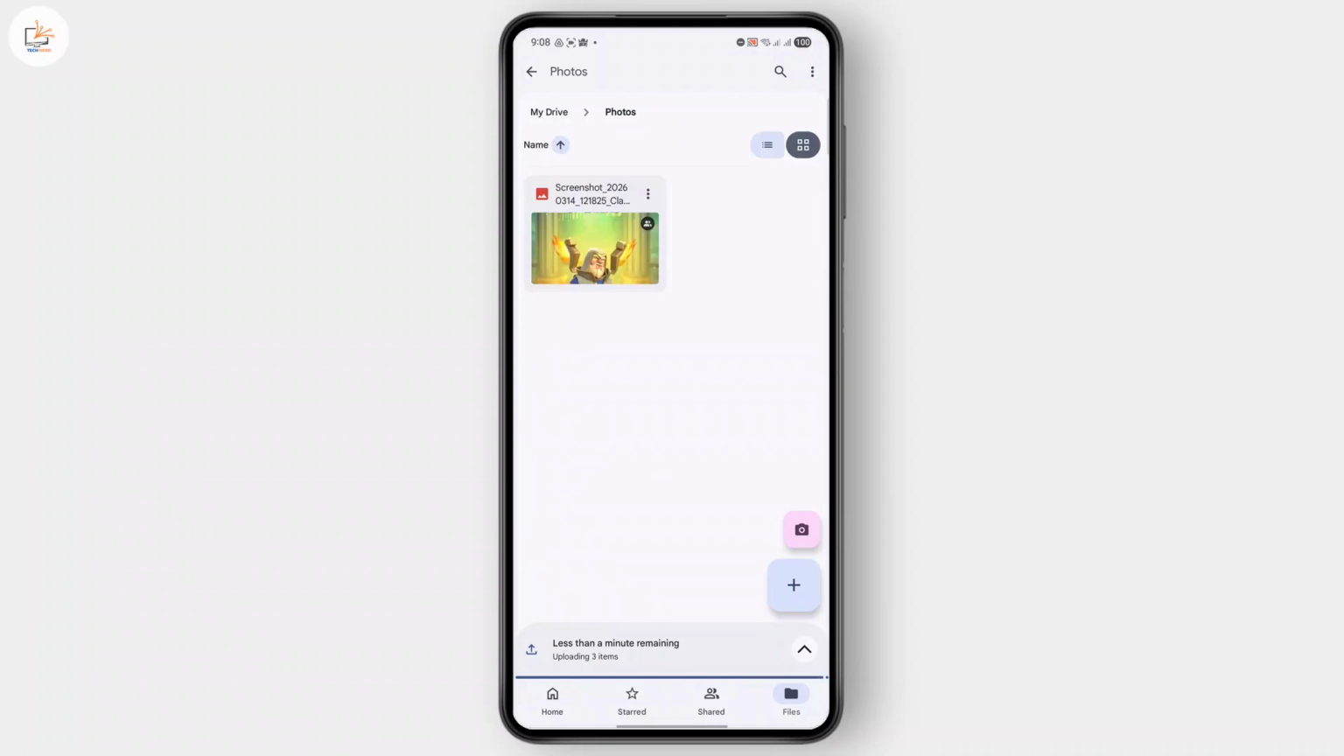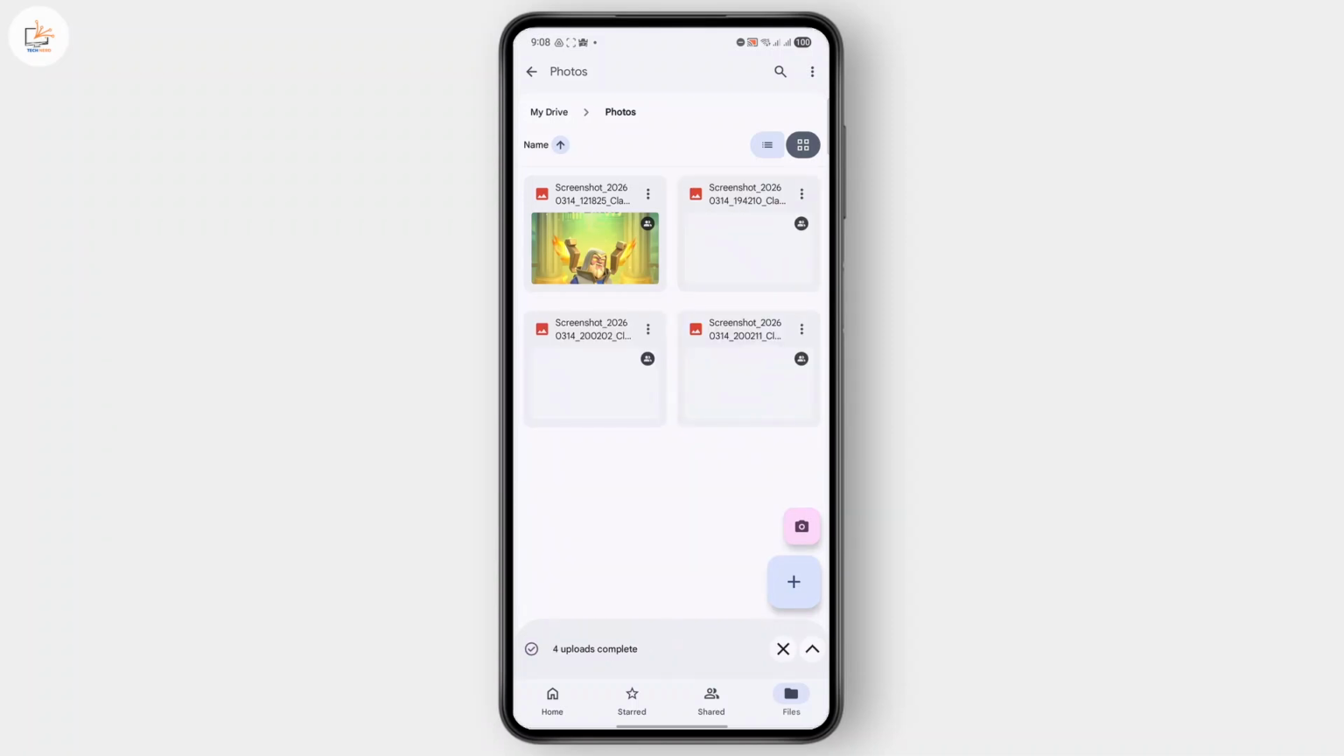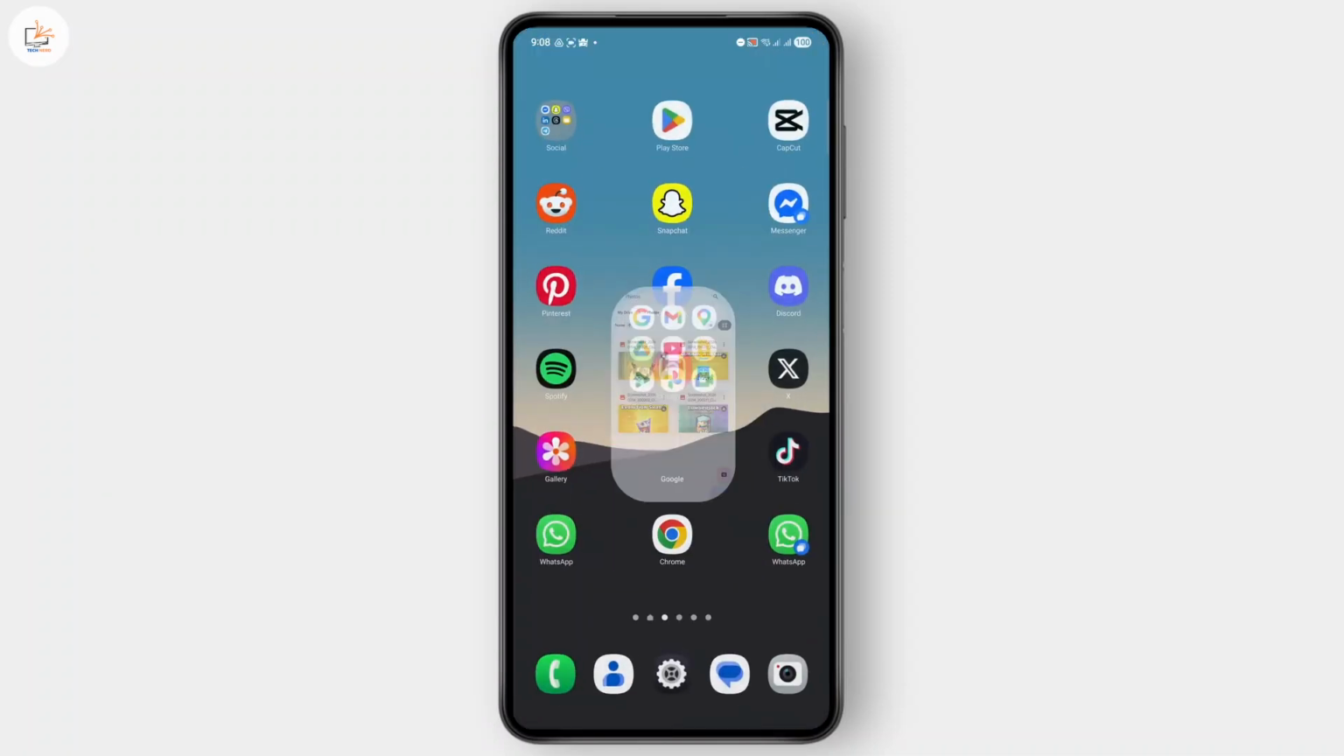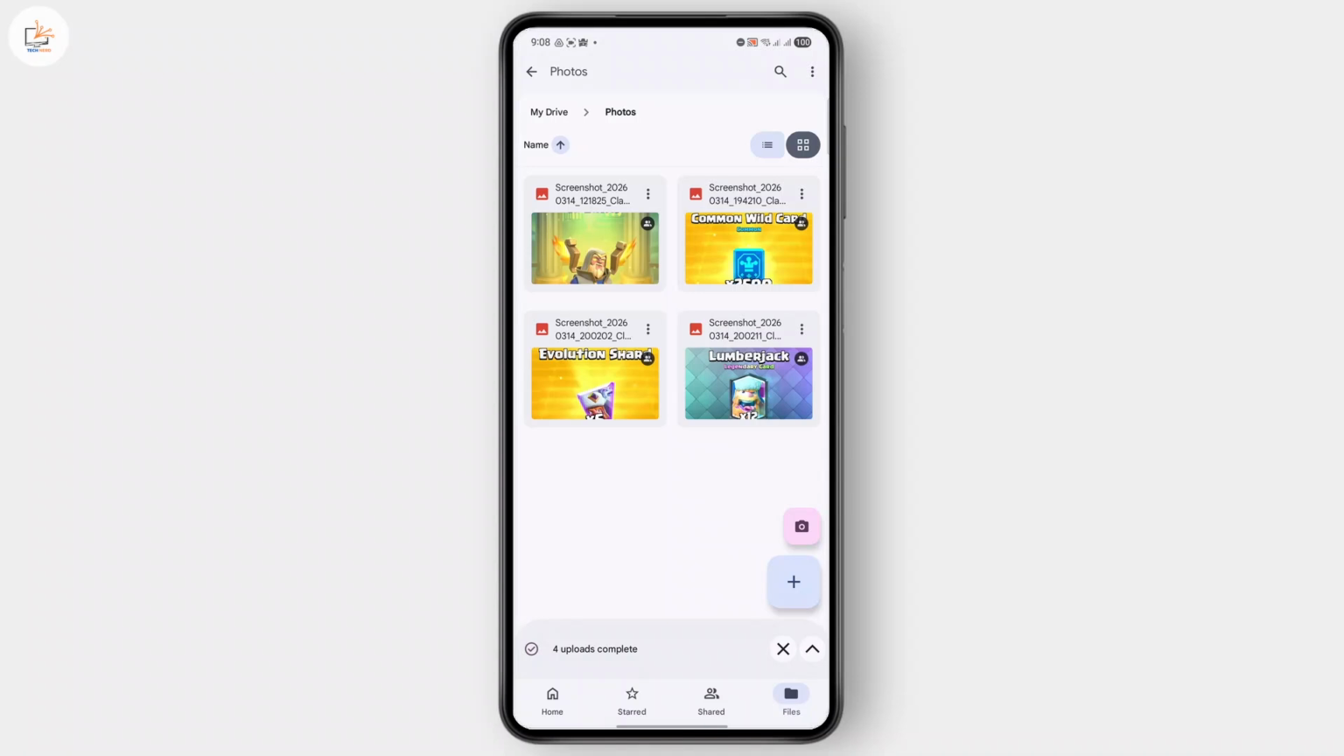From here, once the upload is finished, pick up your other phone and open Google Drive on it. At this stage, make sure you're signed in with the same Google account that you used to upload the photos on the first phone. After this, navigate to the folder where your uploaded photos are stored and tap on it